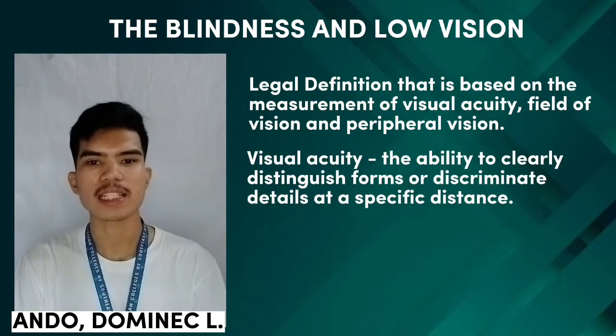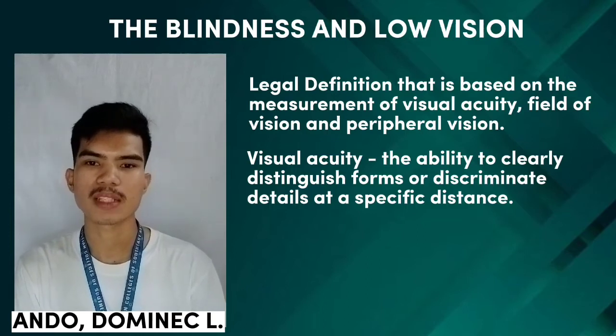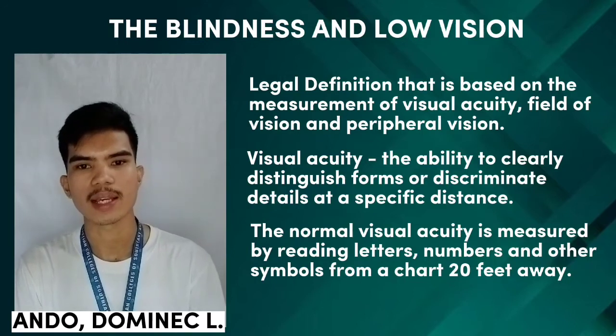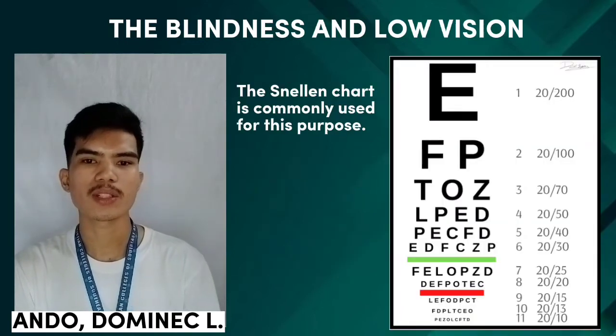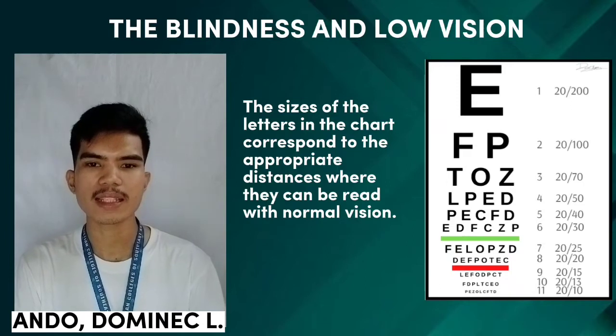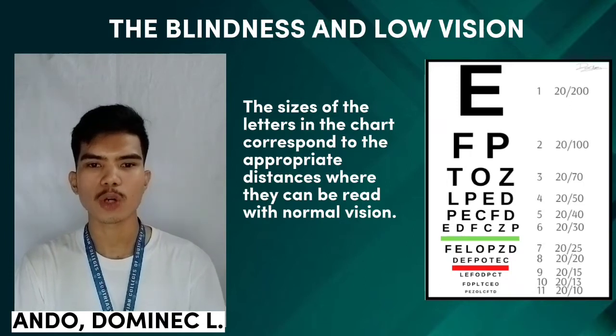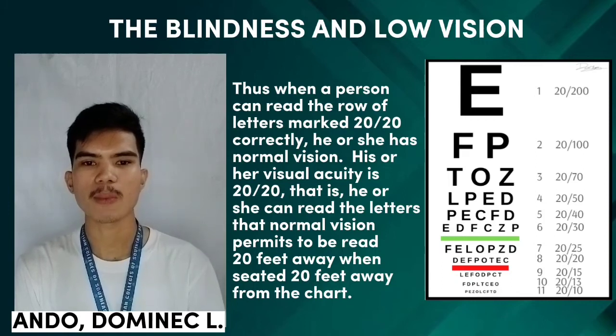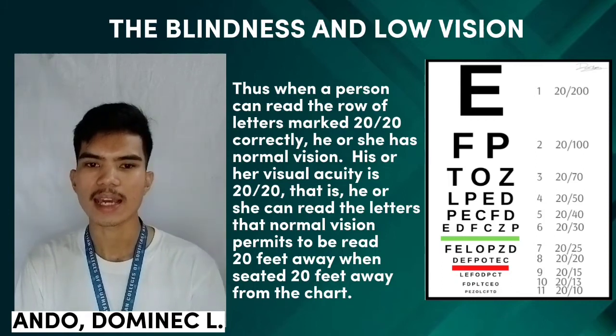So visual acuity is the ability to clearly distinguish forms or discriminate details at a specific distance. The normal visual acuity is measured by reading letters, numbers, and other symbols from a chart 20 feet away. The Snellen chart is commonly used for this purpose. So the sizes of the letters in the chart correspond to the appropriate distances where they can be read with normal vision. Thus, when a person can read the row of letters marked 20 over 20 correctly, he or she